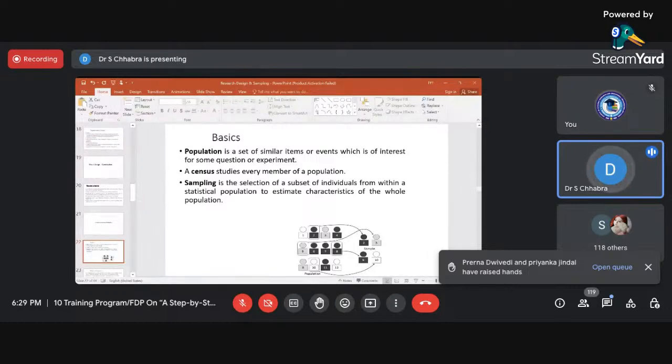So almost all members of the organization become a source of data for me. Then that would be a census-based study. Then I have to make sure that I cover 100%. I cannot go and pick a sample from the population. I have to make sure that